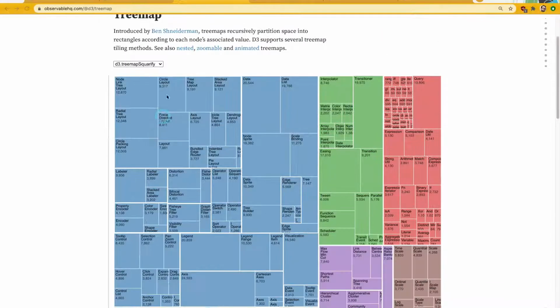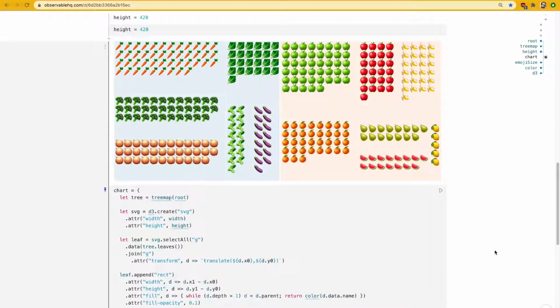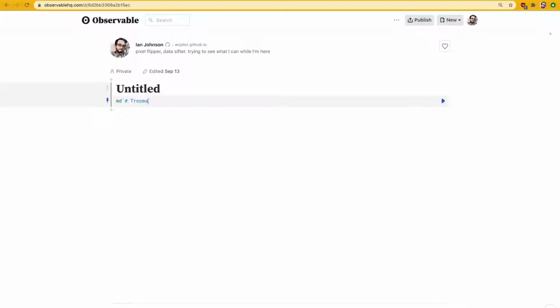Let's look at the D3 tree map. It's a great visualization. If you understand it from scratch, you can do some really cool things, like laying out these fruit emojis. We're building our tree map from scratch, so we'll make a new Observable notebook that we can